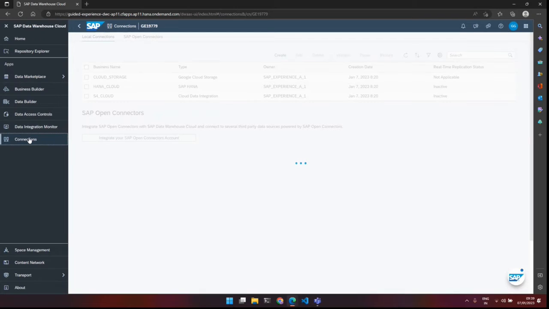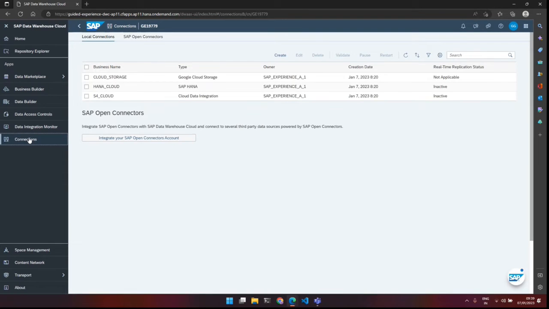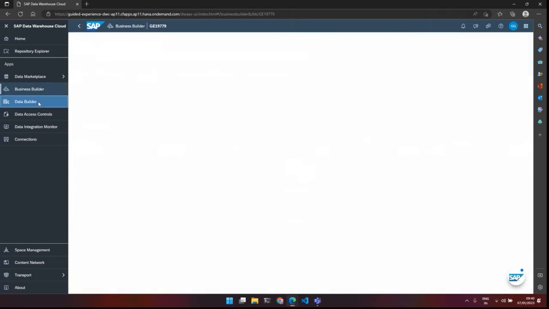So on a high level overview, this is how a typical workflow of a data modeling activity will look. You will create a connection to a source system, and in some source systems, you might need to install and configure some middleware. For cloud source systems, typically you don't need any middleware, so you just connect to them directly. And this connection activity itself is rarely used. It's done once during the start of a project, and it's continually maintained, but it's not your everyday job, whereas data building and business building is a recurring activity.